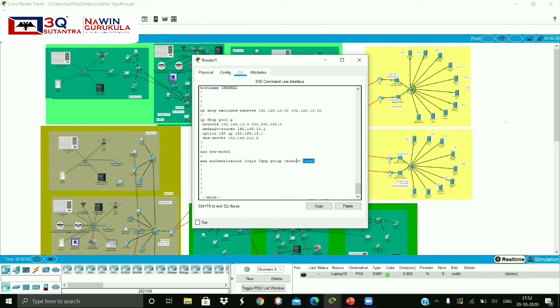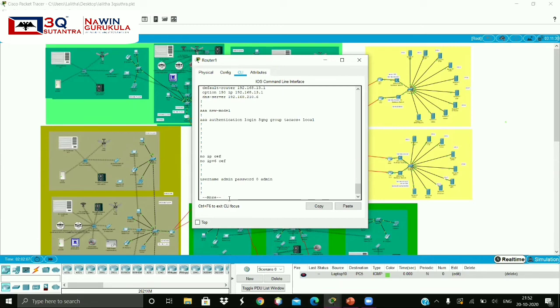So if the TACACS server is down, this router can still be accessed using a local username and password. And here we specified the local username and password.